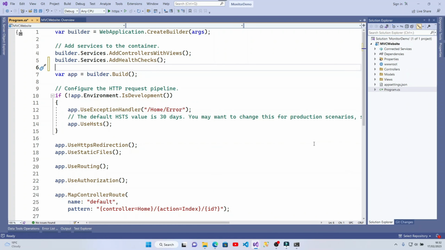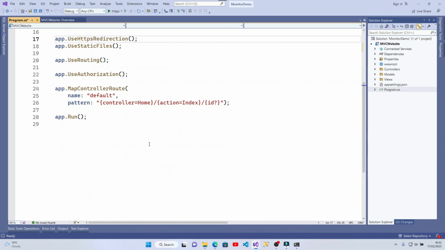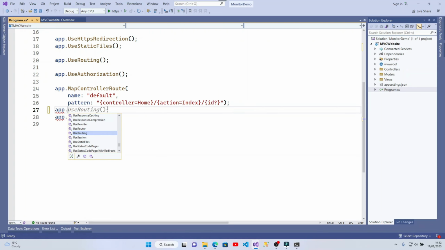and then we need to scroll down the page. And further down the page, we need to add an endpoint. And the endpoint will be where we can go to see the health of our website. So basically, we're creating something like a /health endpoint, which we can type into the address bar, and it will give us the status of the website. So in order to do that, we go app.MapHealthChecks,